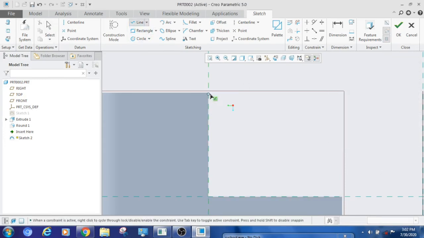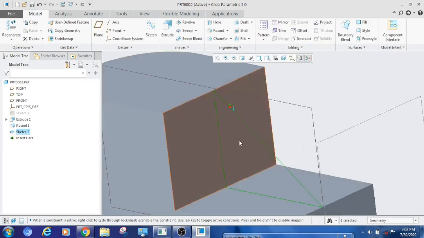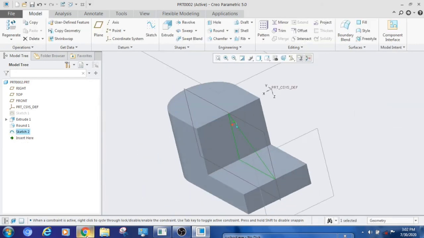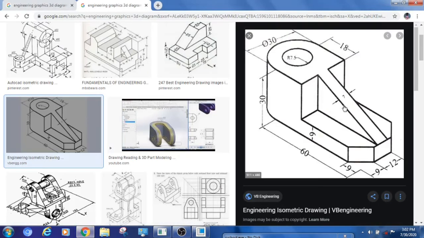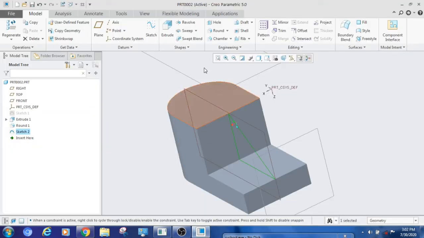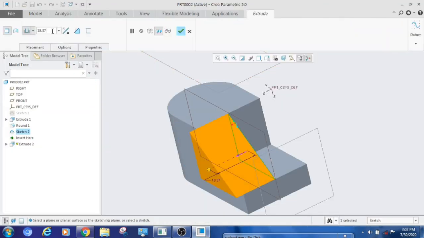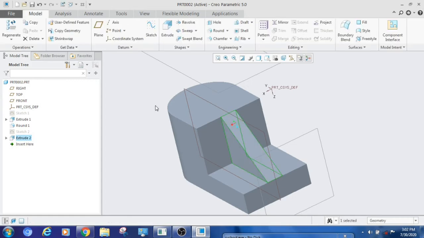Select a line. Now we can select this point easily because we have activated reference. Next we have to extrude this triangle, 7. Extrude both sides of the sketch. We have to give that value and use both sides of the sketch, so exactly you will get it in the middle.